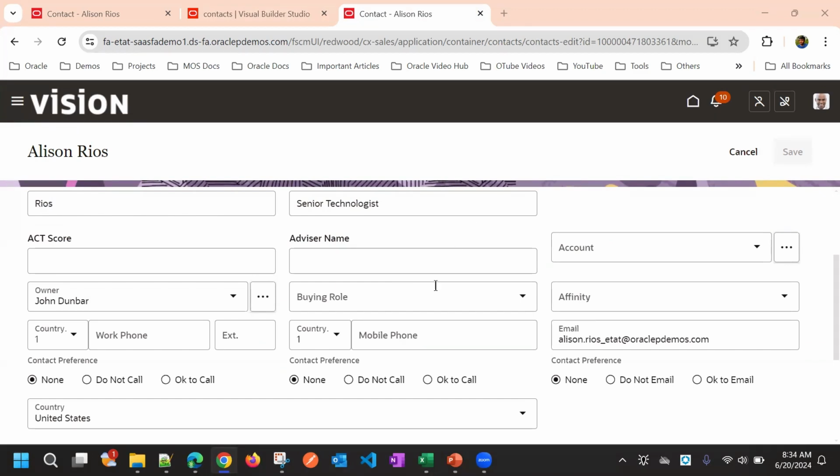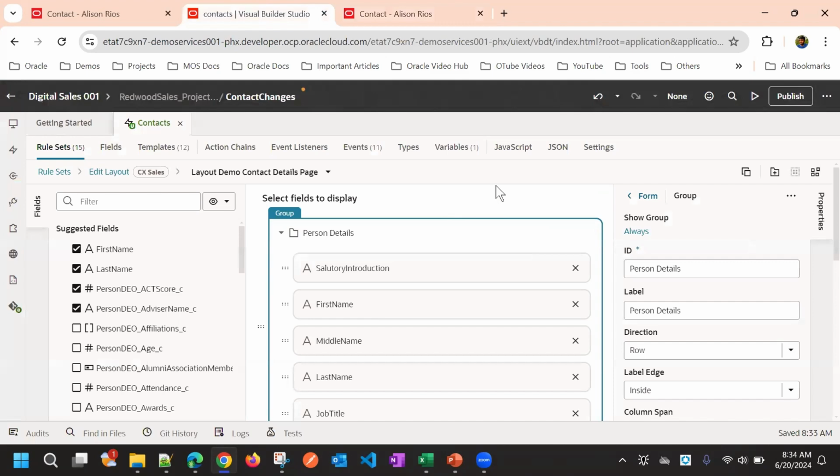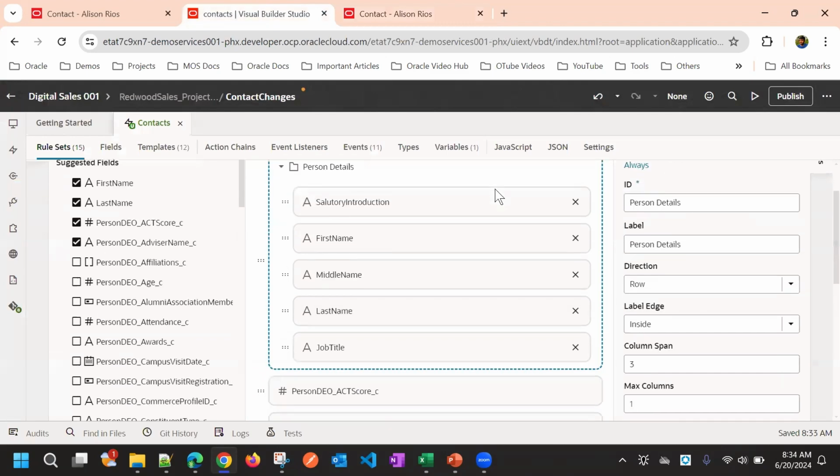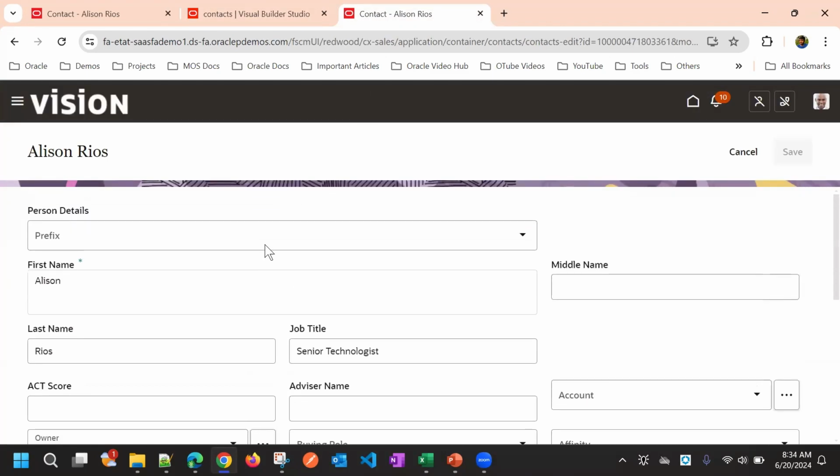So why did it not group the fields together? I didn't see that getting grouped. See here you see it getting grouped, but in the